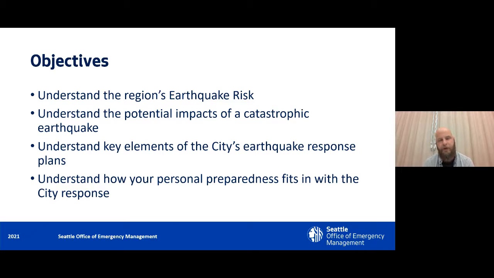We're not going to talk about that here today, but in the list of resources that we'll provide under plans and relevant documents, the last link is to a document entitled Overview of Major City of Seattle Earthquake Preparedness Action since 2001. So I would recommend you look at that, because that's really looking at all the work we've done to strengthen buildings, strengthen utilities and other infrastructure, strengthen bridges, and that's the work that's really going to be huge in decreasing the impacts we see, so that we can do more with the resources that we do have. So again, I won't go into detail on it, but I would recommend checking out that document.